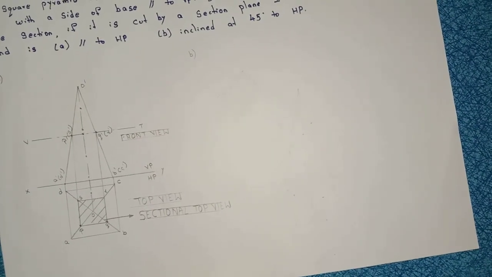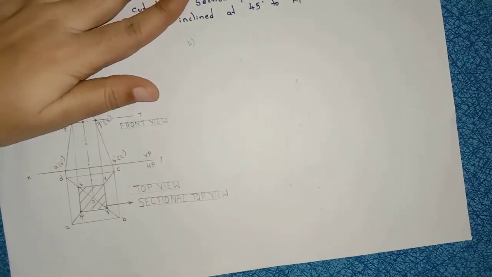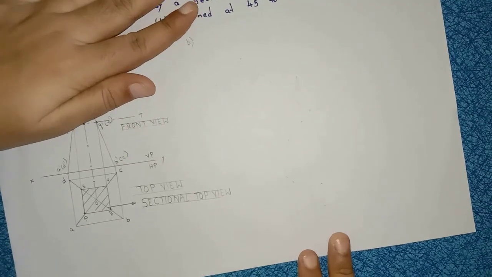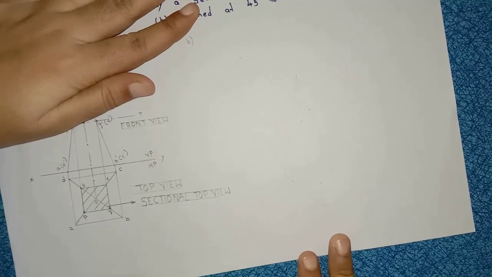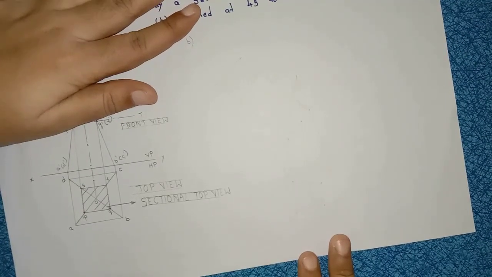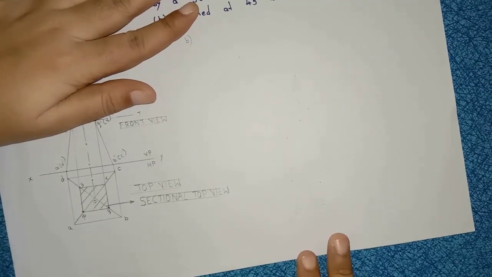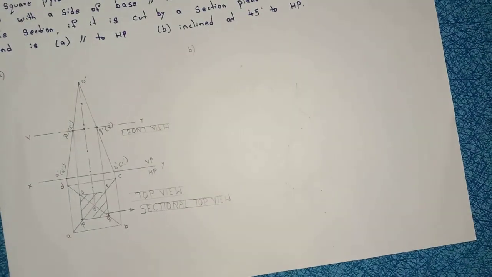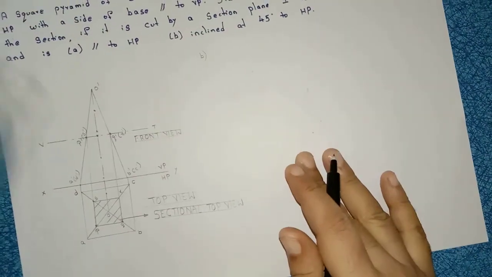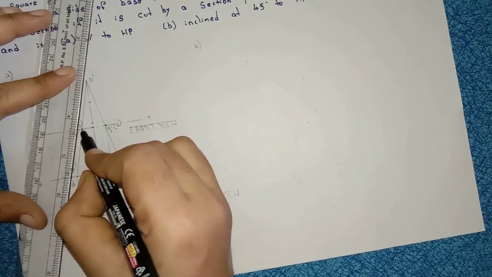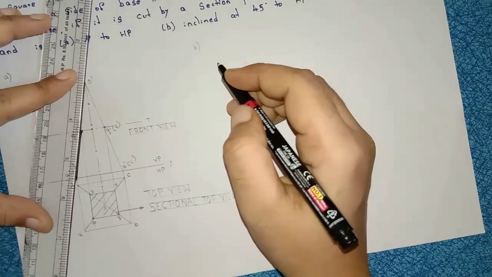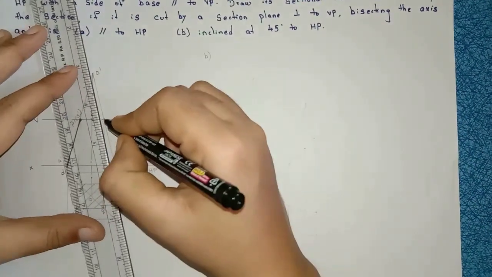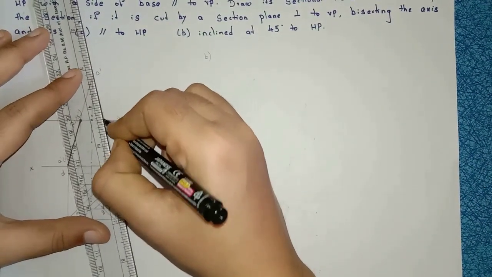Now you see here we are removing this portion with the help of the cutting plane, with the sectional plane. So this portion should be light, and the remaining total problem should be dark. So let us see. From A dash to P dash, it should be dark here. Right, from Q dash to B dash, it should be dark here.